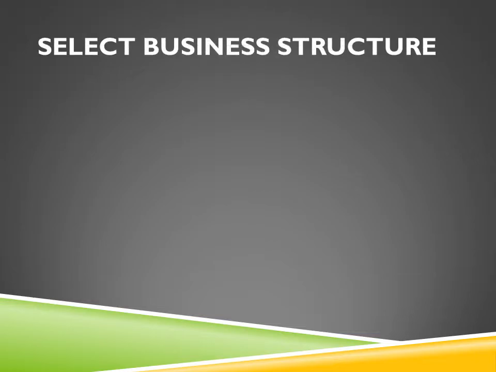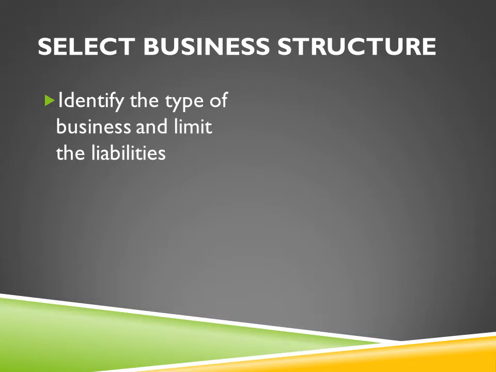Next, this is the time to select the business structure. So it always depends on the type of business that you want it to be. You may go with sole proprietorship if you are ready to have the full obligation and commitment to your business. You can also select partnership, so at least you have someone with you that can share everything, the profit and liabilities, or even corporation and cooperatives. Here are some factors that you can consider.